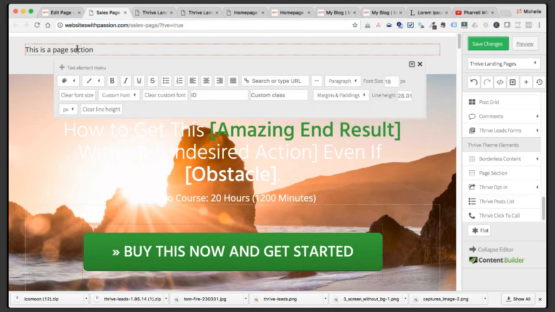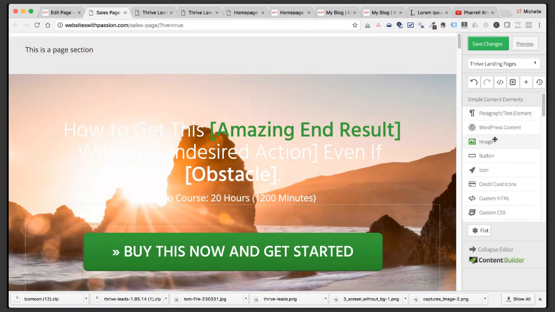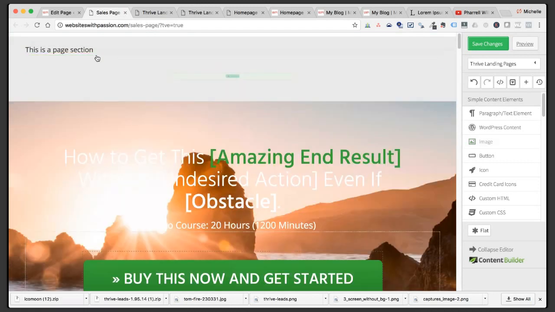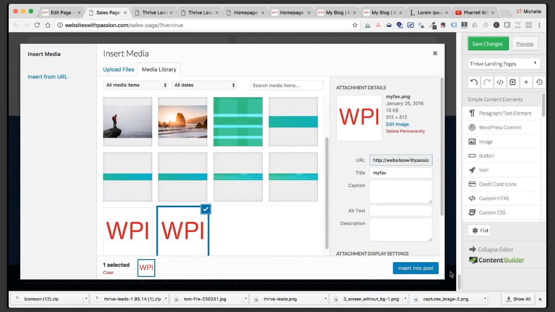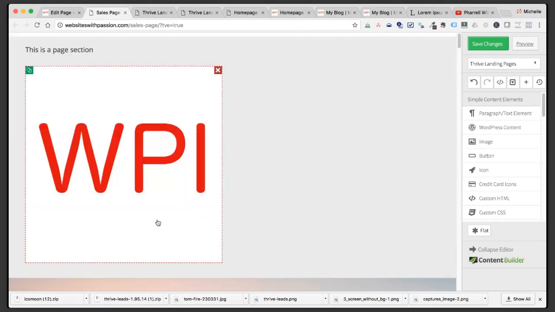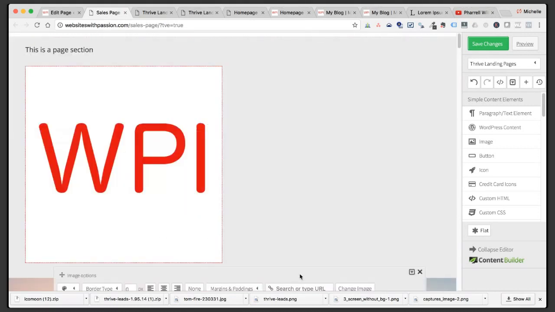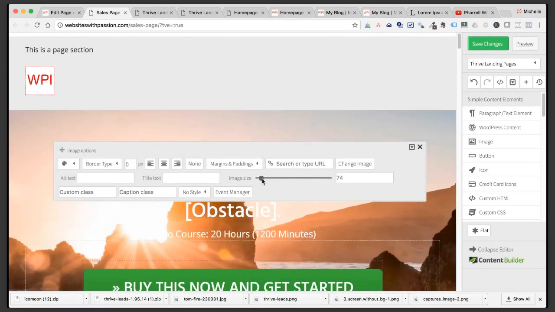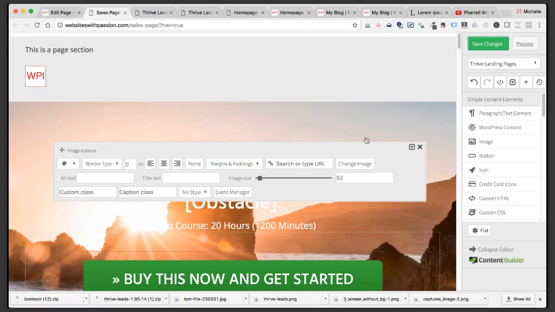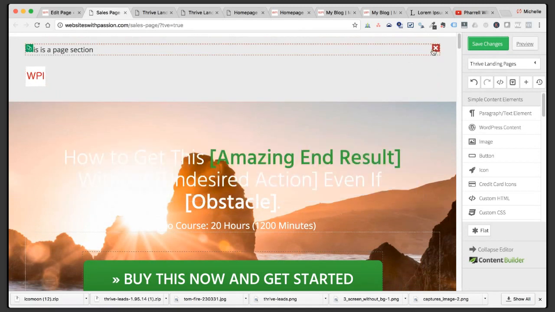and enter your logo. You need to drag an image element, and this is a bit big, I'd say. I can easily make it much smaller. And I will remove